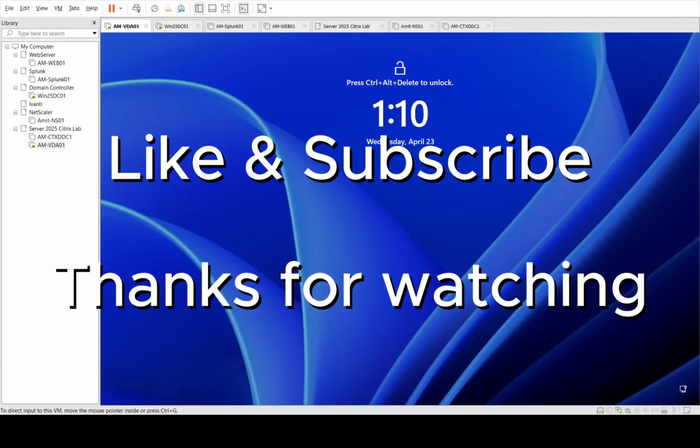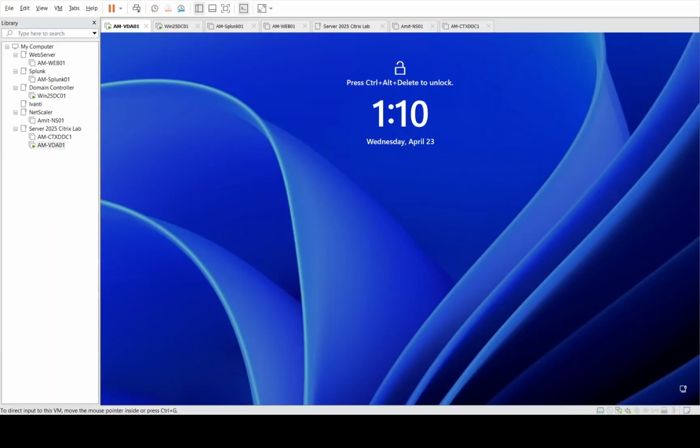Hello friend. So today we will do some testing about app masking, and when I'm talking about app masking, this is FSLogix app masking. This is a Microsoft product. I know many of the people use FSLogix. You might have seen my previous video about FSLogix profile solution, but